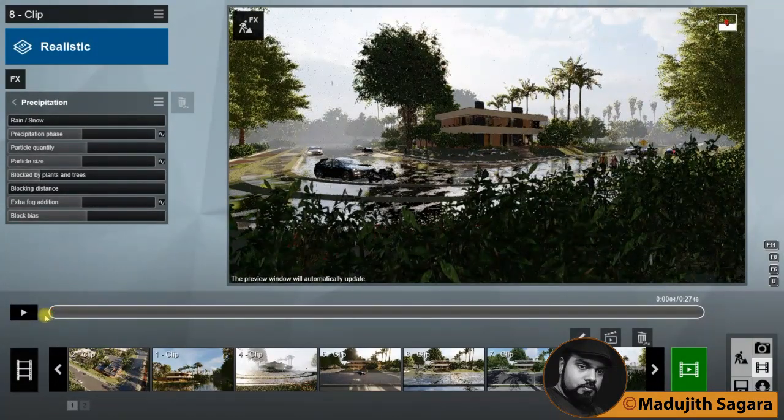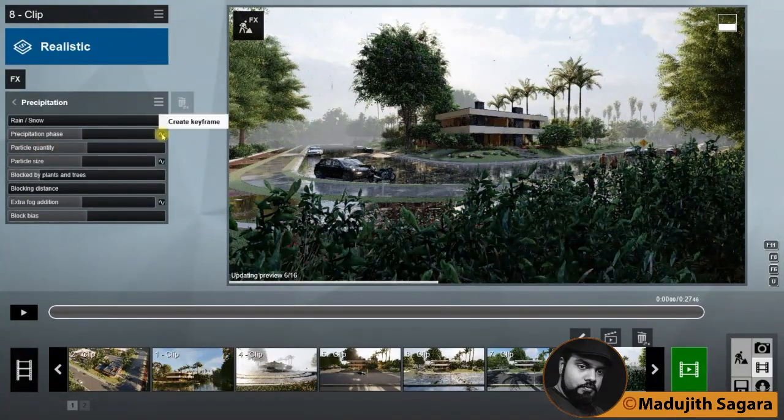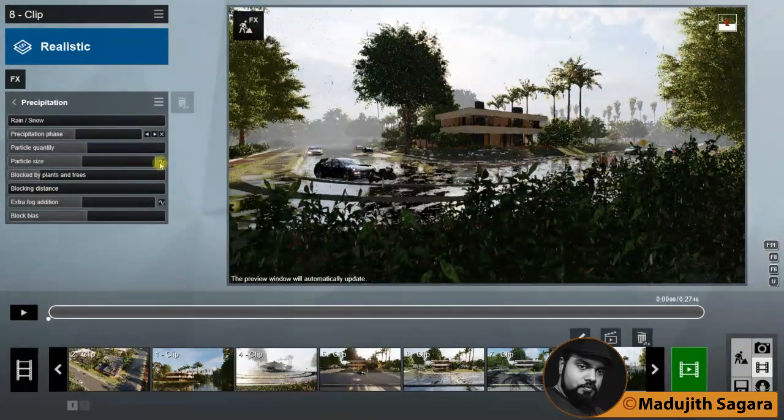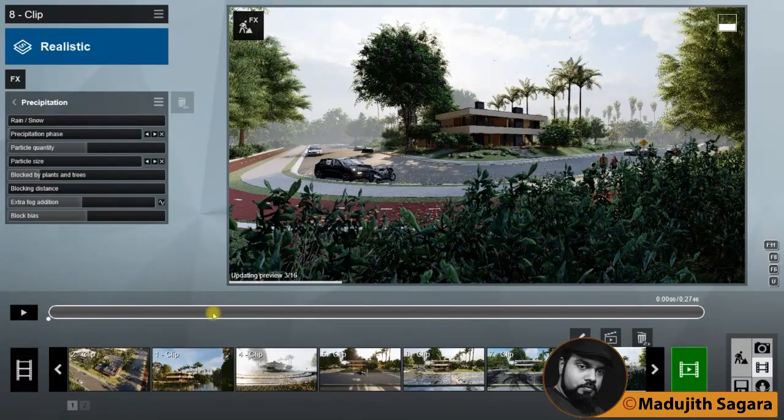Then I will make one keyframe using the specification precipitation, and I will select another keyframe using particle size. I will make this 0 and this one 0 at this point. Then I will go to the point here. Then I will add another keyframe here and there.